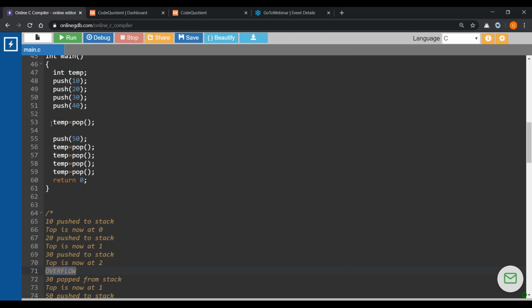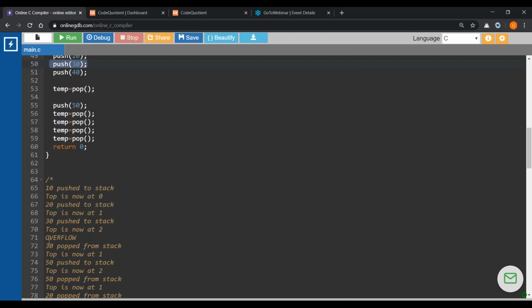Okay. Then what we did, we popped one particular element. So what was the last element we pushed? We pushed 30. So that should be out. So 30 will be popped from the stack. Yes, 30 is popped from the stack. Now since 30 is popped, the value of the top was reduced by 1. So from 2 it became 1. So top is 1. Then we push the value